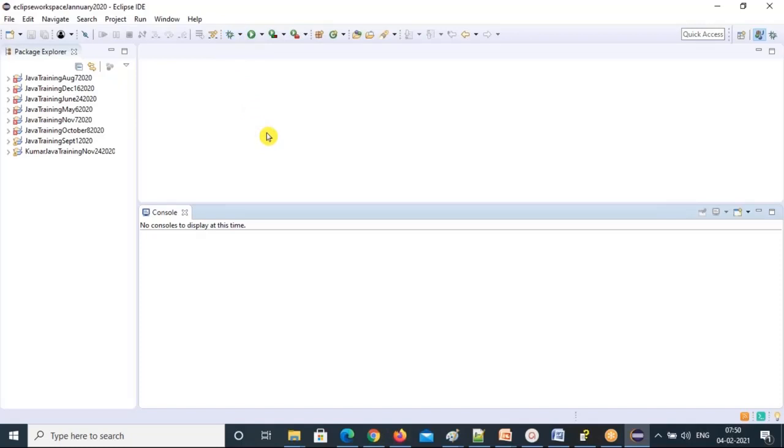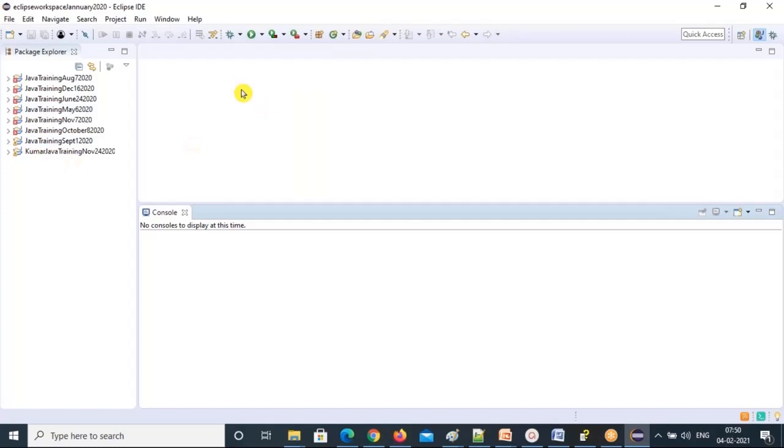Any automation tester or programmer has to run in debug mode to find out the root cause of an issue. Otherwise, normal running cannot give a clear picture. You have to run in debug mode, executing step by step, then you will come to know what the problem is. And the normal running of your script or program you can do with this green bullet icon. Okay, so this is the overview.